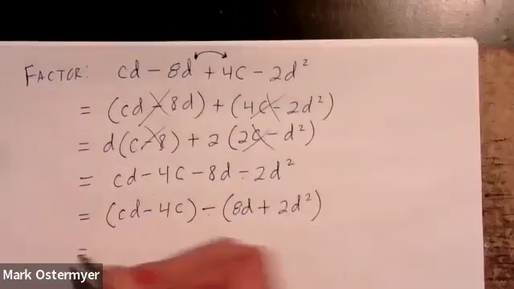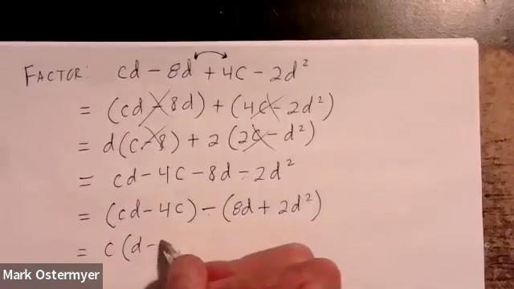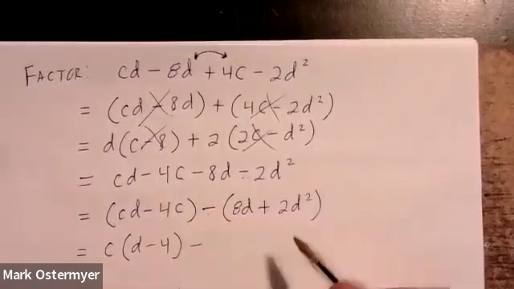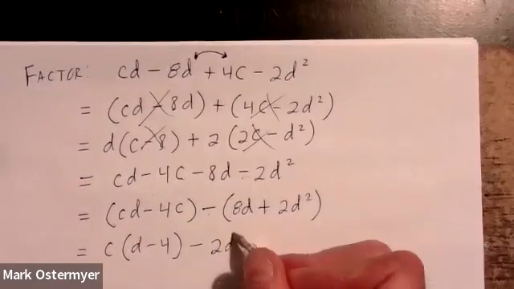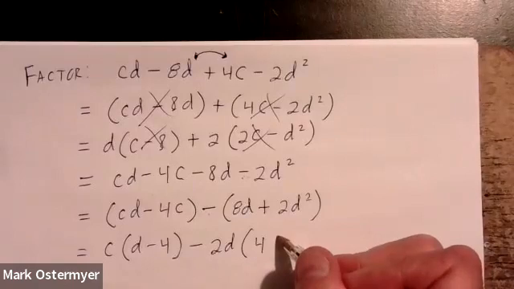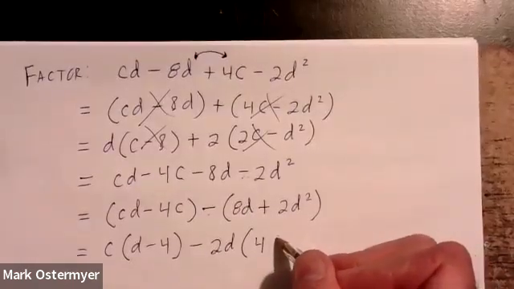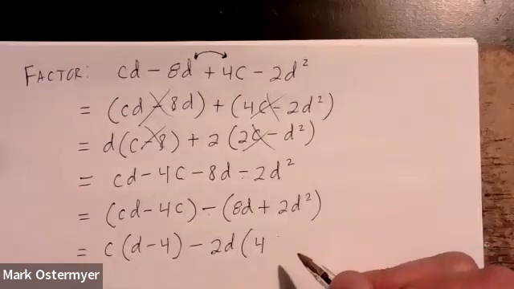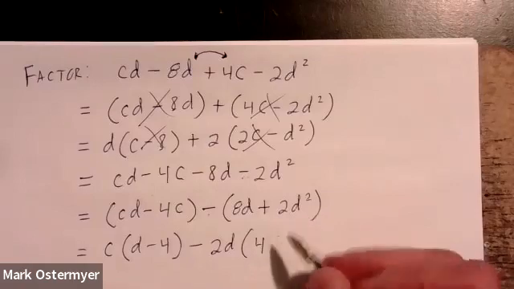Okay. Now, what can I factor out of the first two terms? I can factor a C out, leaving behind D minus 4. Minus, in the last two terms, I can factor a 2 and also what? A D, leaving behind 4. Wait a minute here. Yeah, I would leave behind 4 plus